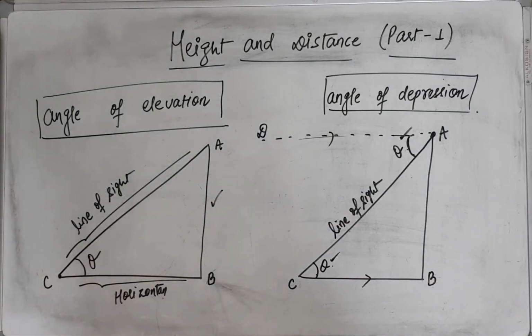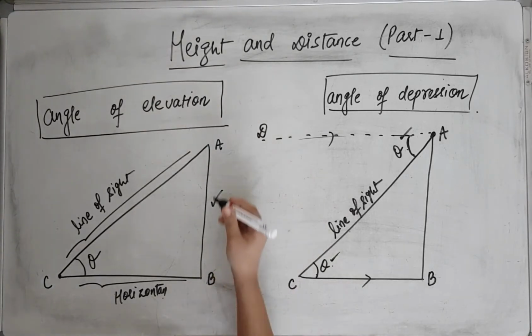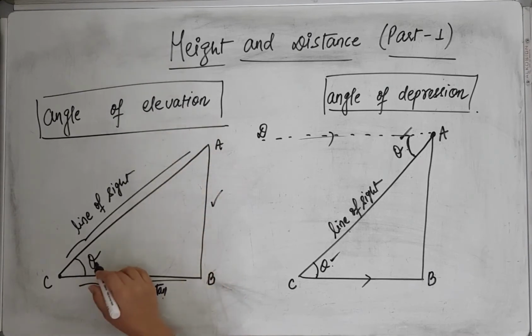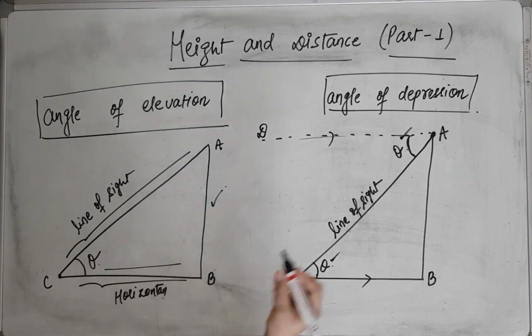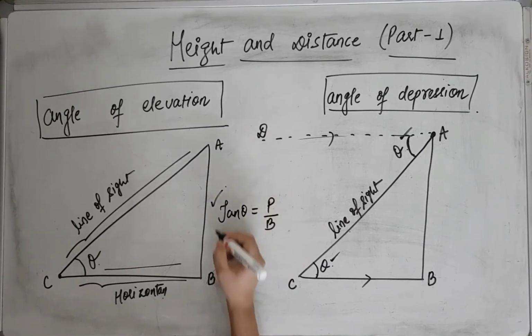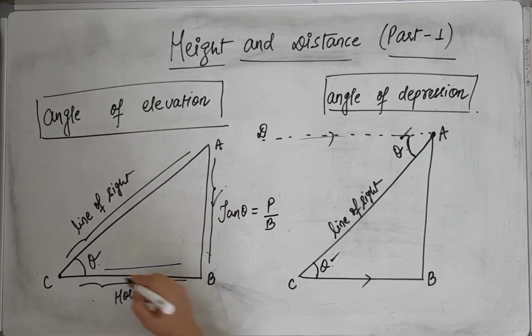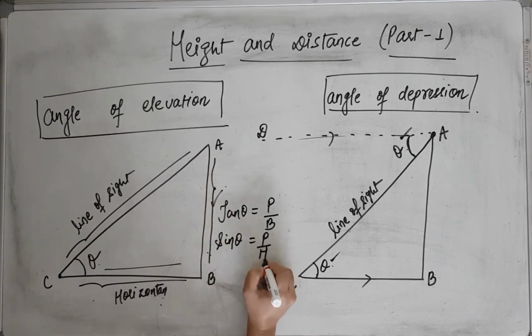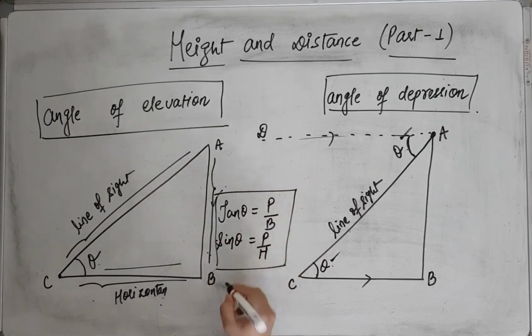Now see here, the calculation is very easy. Let's suppose they mention in the question AB is a tower and a man is standing at a point on the ground, and an angle of elevation is observed. So we have to find the height of the tower, and a certain distance is mentioned. According to the trigonometric ratios, tan theta equals perpendicular by base. Perpendicular is this height. We can calculate height if this horizontal distance is given. Similarly, if they ask for line of sight, we can calculate sin theta equals perpendicular by hypotenuse. Now we'll see questions related to this concept.